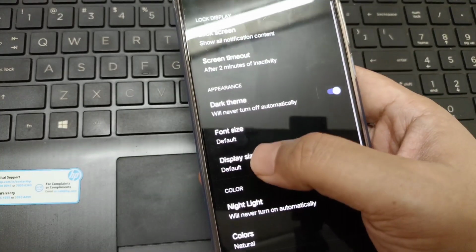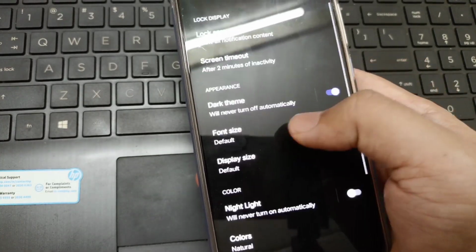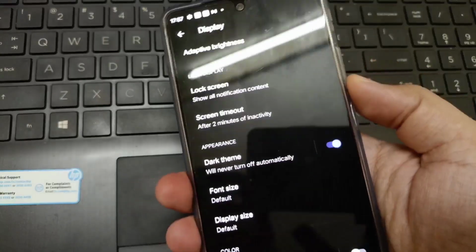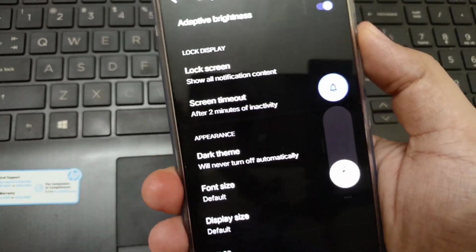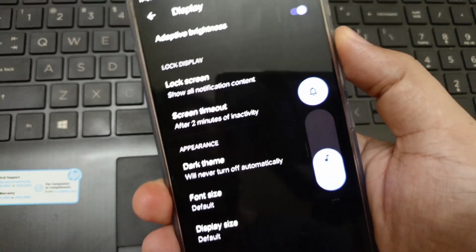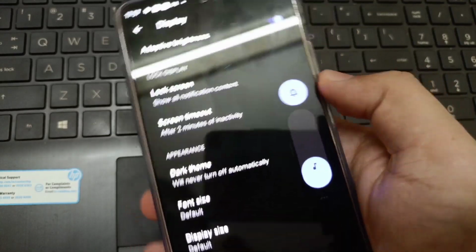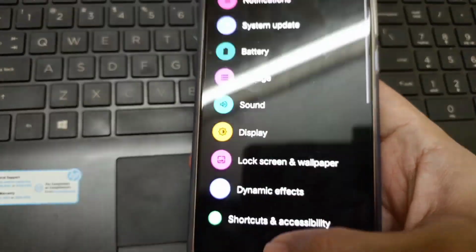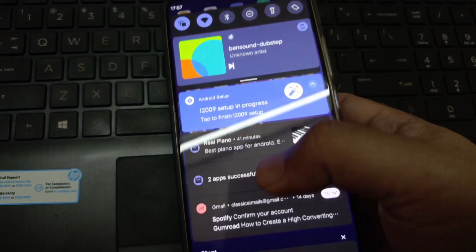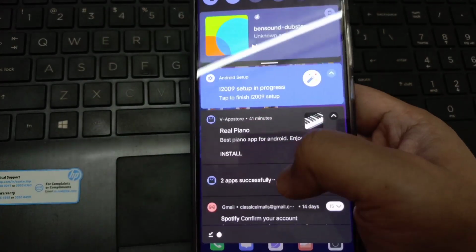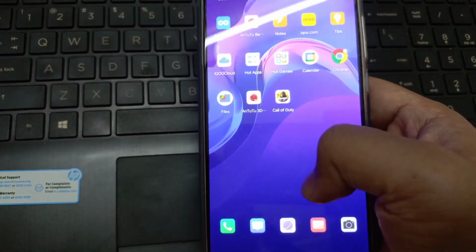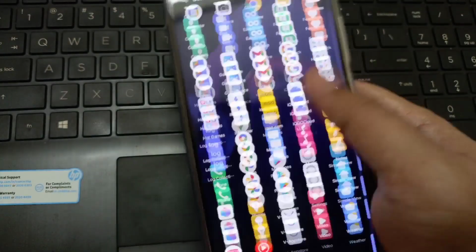There is like a broken animation which appears there. And if you see this sound notification like this, in dark theme it looks like this, the notification bar turns black like this, and this is the launcher.